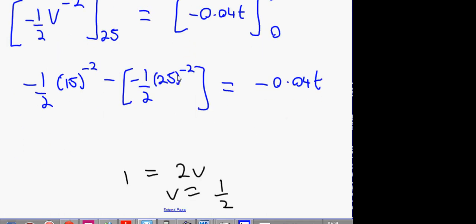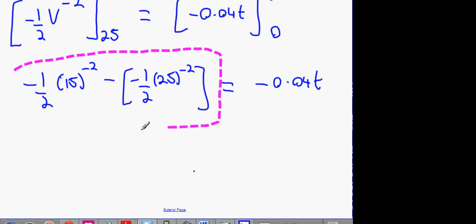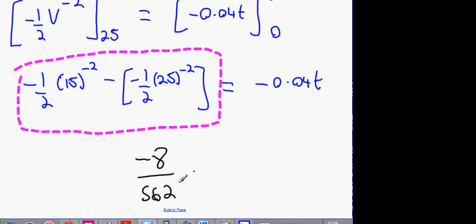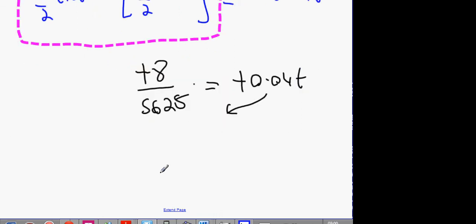Then you're going to put all the left side into your calculator, and we can do it all in one go. That's the great thing here. This can all be done in one go, so there's no point in making it any longer than it needs to be. So what happens there, we'll get minus 8 over 5,625. That will equal 0.04 t. Multiply both sides by minus, bring the 0.04 down, divide it in, and what you're going to get is t equals